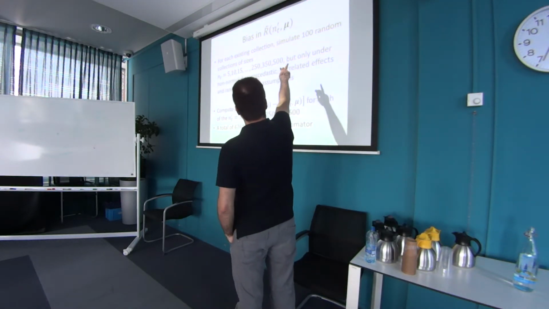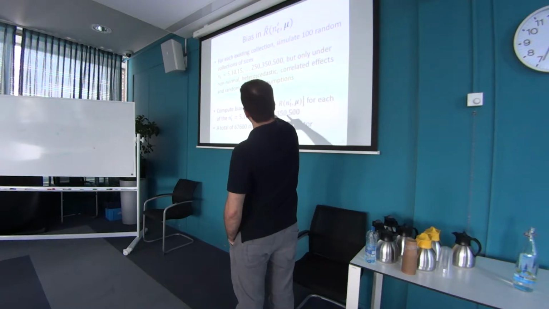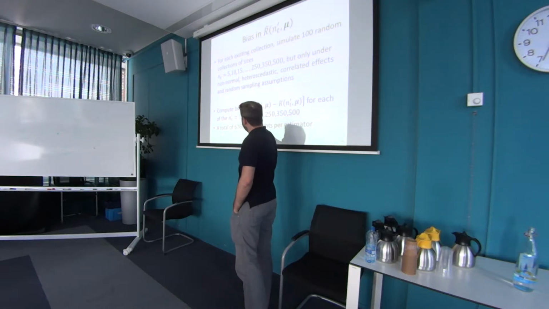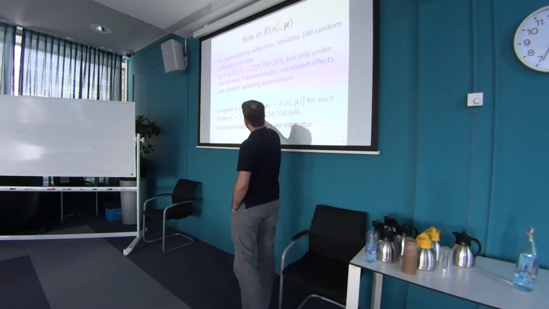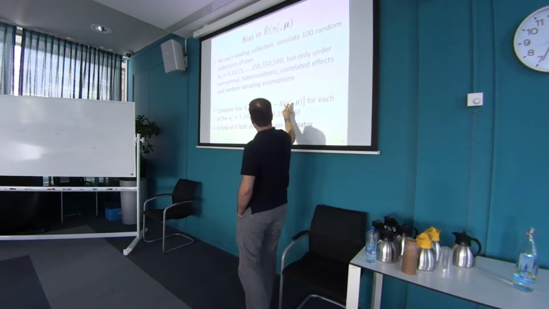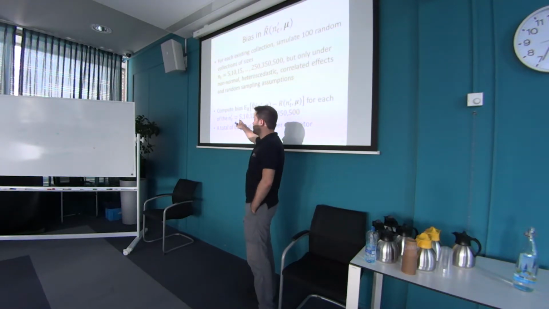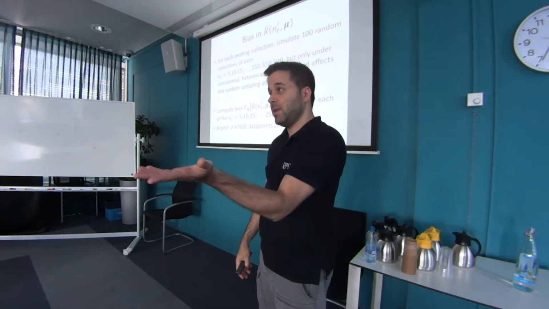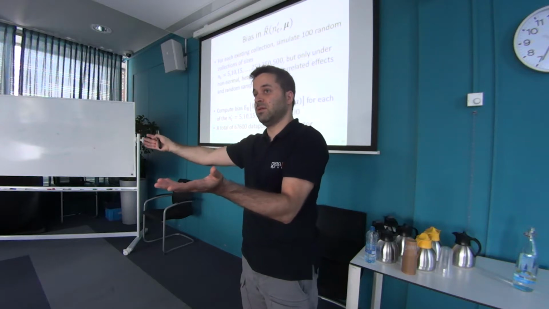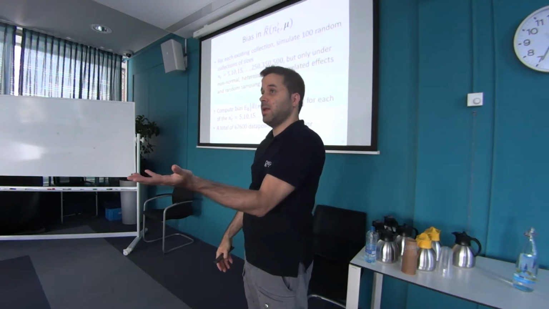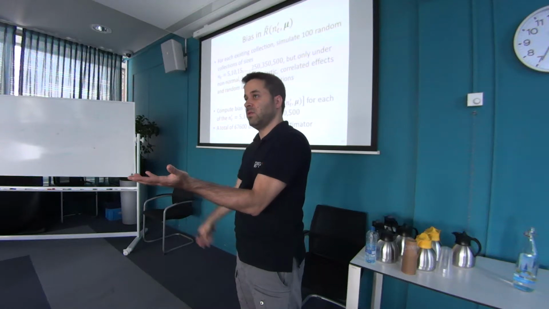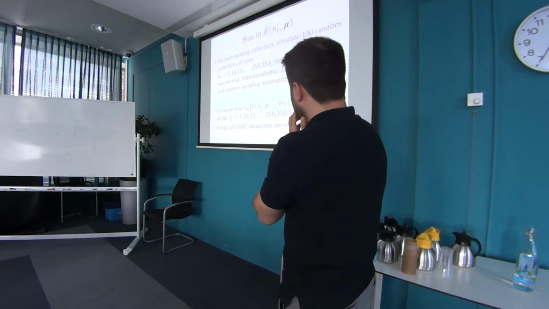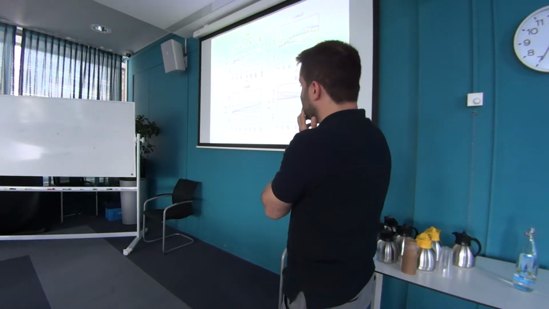We simulate from an existing collection, create 100 different collections, and again compute the expected over collections of the estimated reliability minus the actual reliability when we go for collections of 5, 10, 15, 20, etc. So the thing is, I get a collection of 5, and I want to estimate 10, 15, 20, 30, etc. Then I go to collections of 10, and I want to estimate 5, 10, 15, 20, 30, etc. Collections of 15, and from that estimate more and more. So now this is even more interesting.